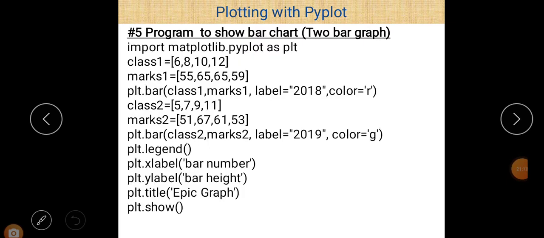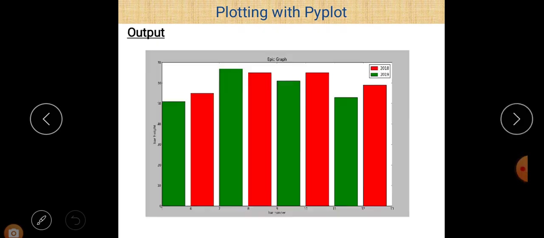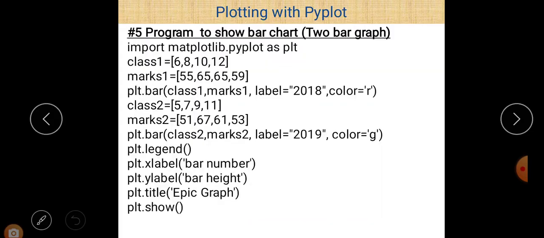Then a program to show two bar graphs here, two different bar graphs. This is class 1 and mark 1, and then class 2 and mark 2. So plt.bar(class2, mark2), and here plt.bar(class1, mark1).